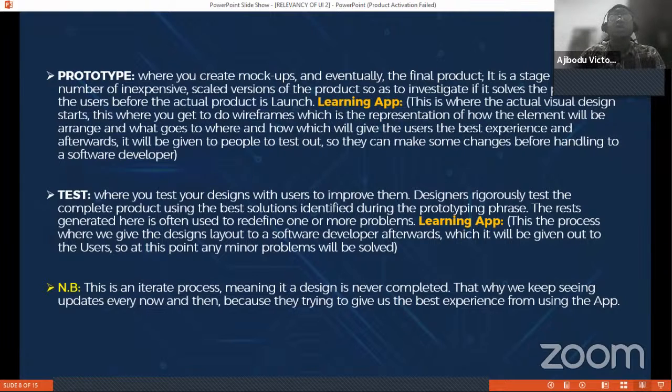So after making correction, you now hand it over to the software developer. The software developer will now develop it and do everything you want to do. Before you release it, it will go to the testing stage. You give it to the users to use. So when they are using it, okay,